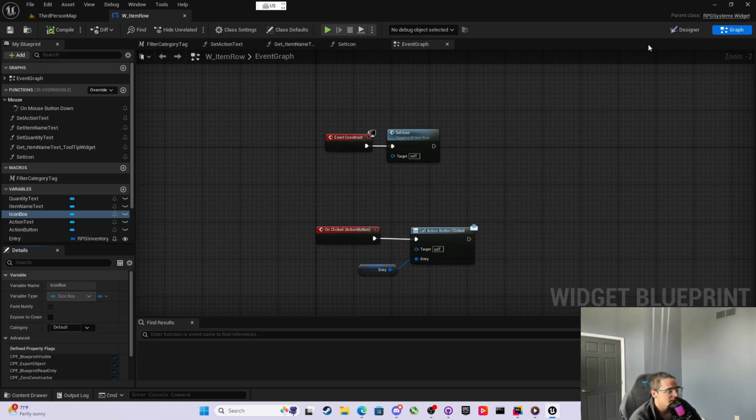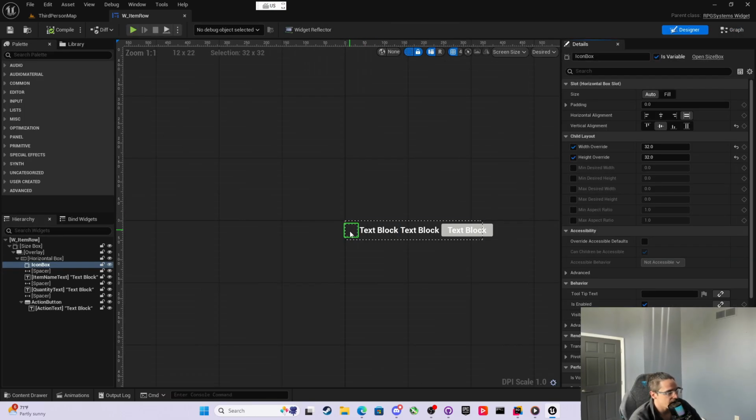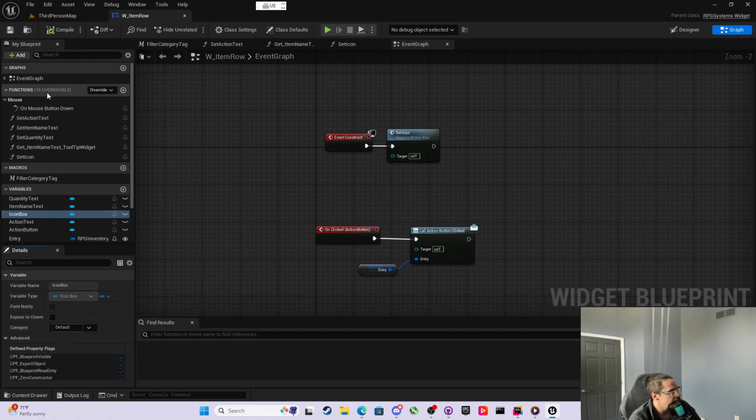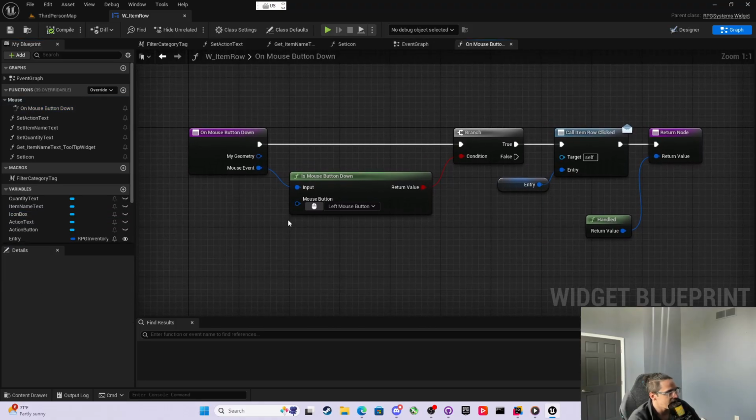So after we set the icon, the whole point of doing this is I want to be able to have this icon filled in here. And whenever you click on this widget and then drag off of this item row, it'll make a little copy of the icon and follow the mouse. And then when you let go in the world, it will spawn the item and everybody will be able to see the item. So in order to do that, we already have the on mouse button down override